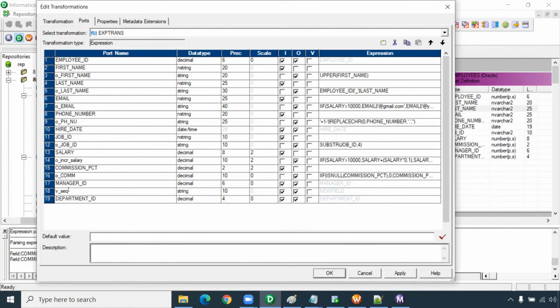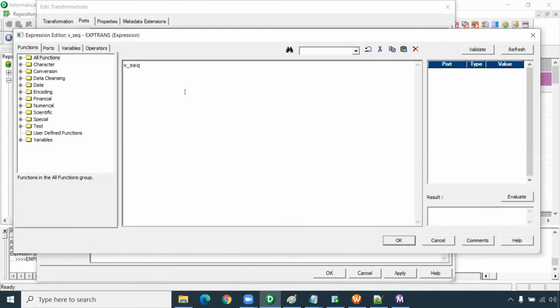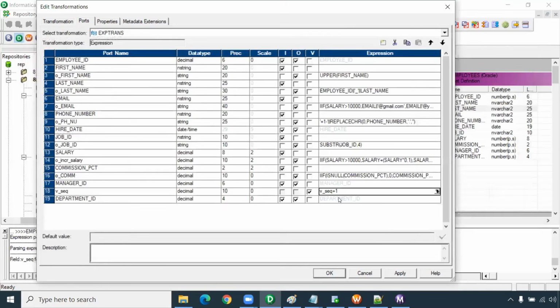To use the variable port, that's what I want to tell you. I'm making this the decimal port, like a variable port. So what is the variable? This value will be taken as first 0, 0 plus 1. It will be incremented 1 by 1. Variable plus 1. Next time, this value will be taken. So variable port 1 plus 1, 2, 2 plus 1, 3, like this it will convert.